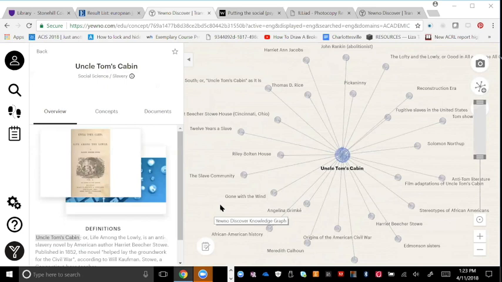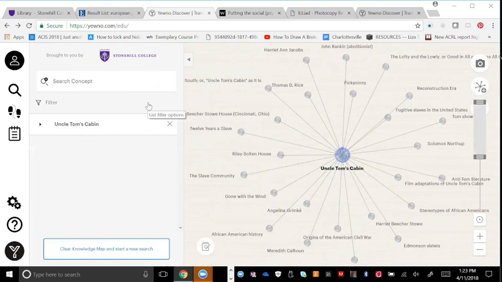As I mentioned, our students tend to have preferred resources that they begin with and that they then want to stick to. At a small liberal arts college, it's very frequent that this is in part because they want to be able to get to full text material. They are doing research sometimes, as we know, at the last minute. And what we're trying to do is encourage them to really think situationally about their research. Are they going to need materials that we may not have access to? Do they need to build in time to request things through interlibrary loan? And so being able to show them the broad range of what's going to be available to them if they do that planning is very useful. And doing that through Yewno has been very productive for our students because they're able, again, to see those scholarly